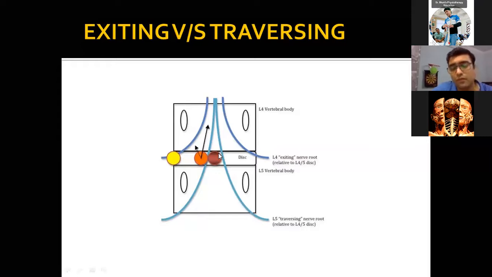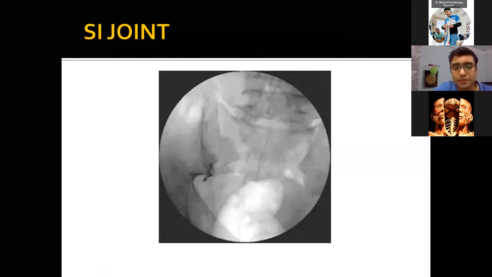So if we have to block the neuropathic pain coming to the L5 nerve, we have to block the L5 nerve root. So that is how we decide which level the injection needs to be given. Similarly, there are the sacroiliac injections. Sacroiliac dysfunction can be due to decreased mobility of the SI joint or excessive mobility of the SI joint. So in either case, there can be stress at the SI joint, and patients can come with sacroiliac pain.